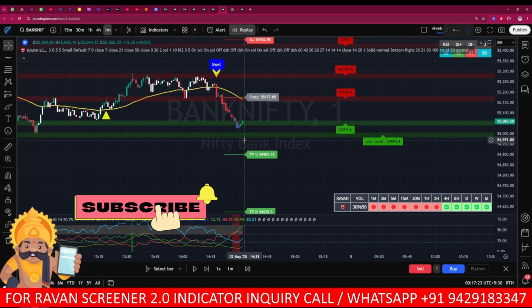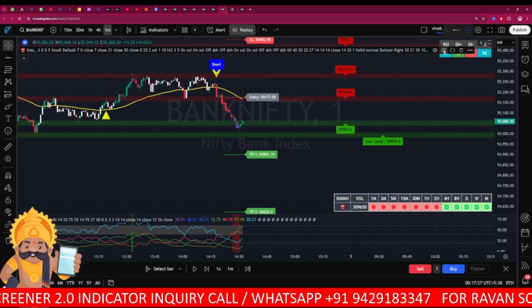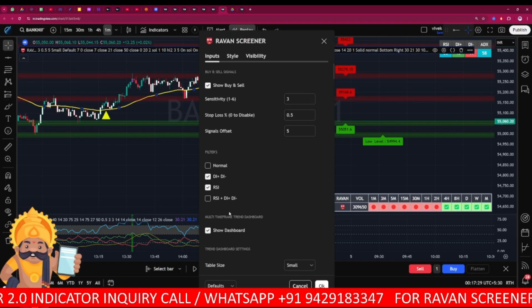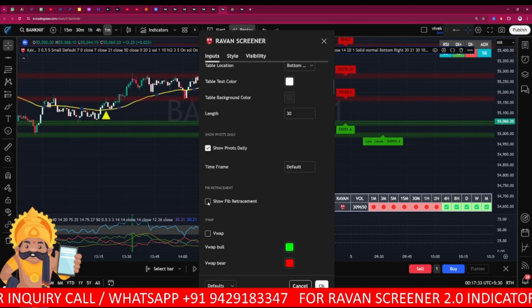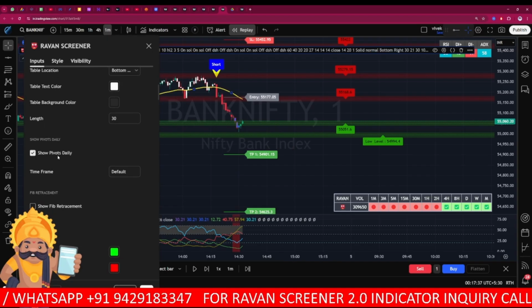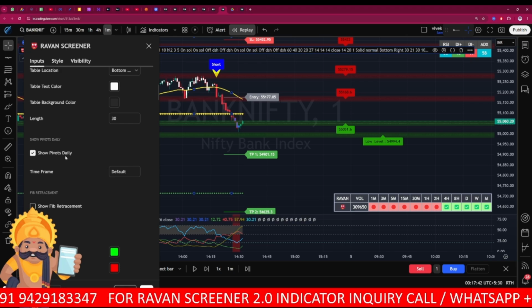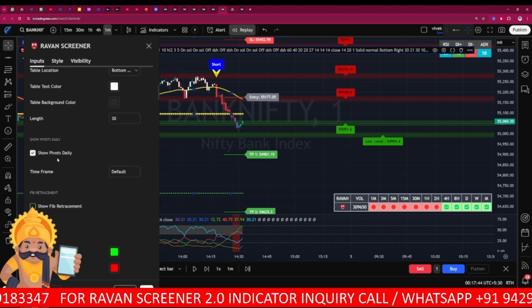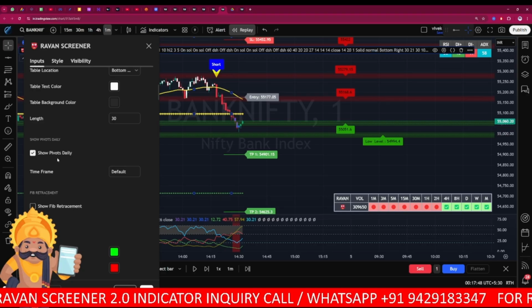If you do not want to use this support resistance, we have kept two other options. Let me show you. That is show pivot points, and another is show Fibonacci retracement. Once you check mark show pivot points, the pivot point values will be plotted on the chart. You can update the values also in the indicator settings, but default values will be plotted on the chart for